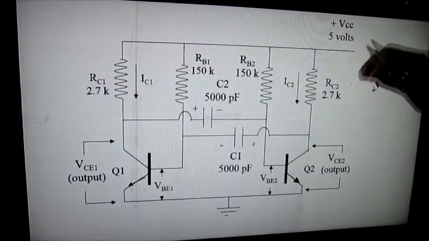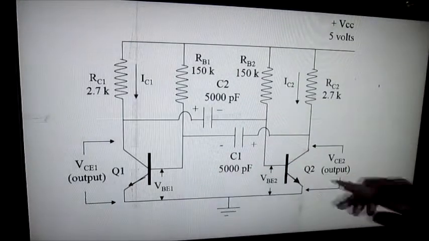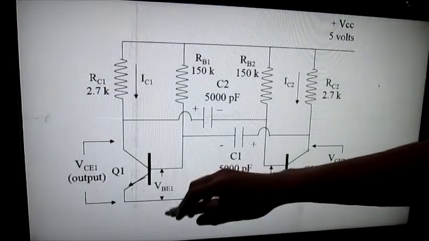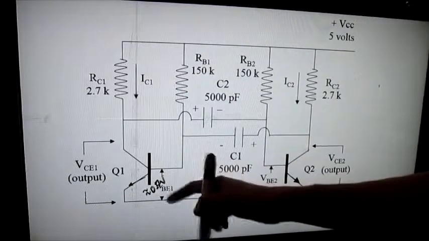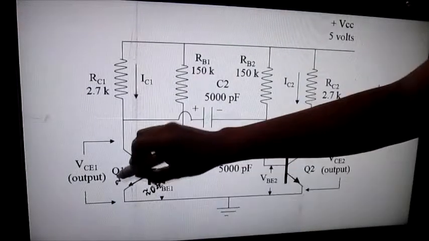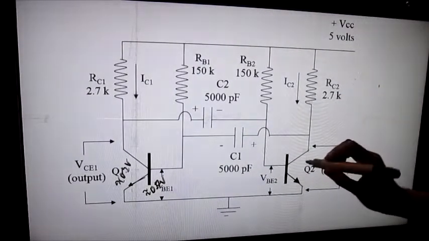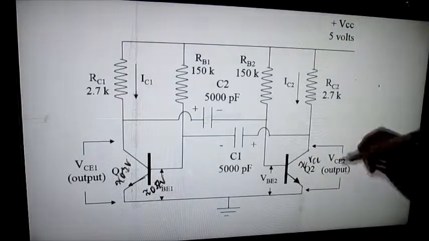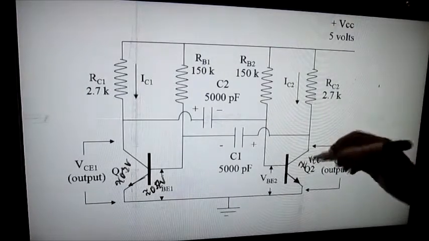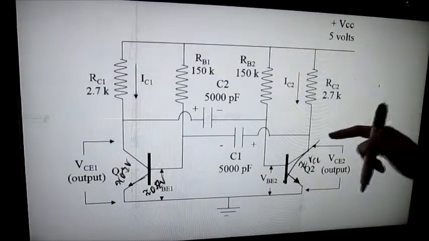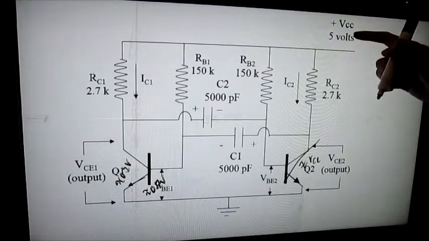To start with our analysis of this circuit, let us assume that Q1 is on while Q2 is off. When Q1 is on, the base to emitter voltage of Q1 is around 0.7 volts, while its collector to emitter voltage is around 0.2 volts. For Q2, its collector to emitter voltage is around VCC. While Q2 is off, it is as if Q2 is an open circuit. So the capacitor C1 has a direct connection to RC2 and to VCC,